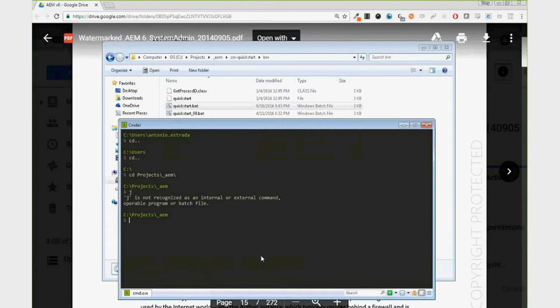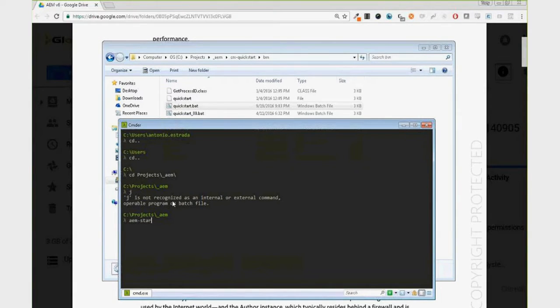All right. So basically, I created this batch file just to avoid having to move to a different folder and all of that. It basically just moves to a different folder and then does the quick start,